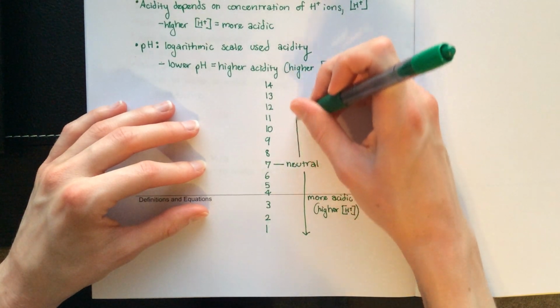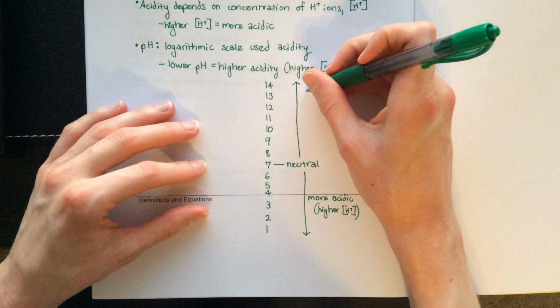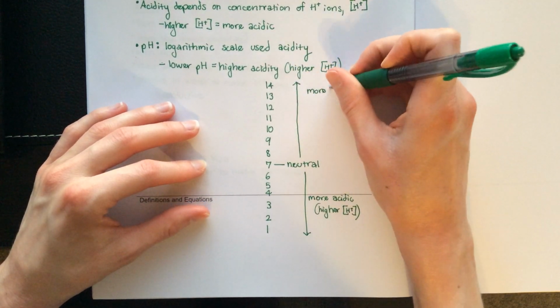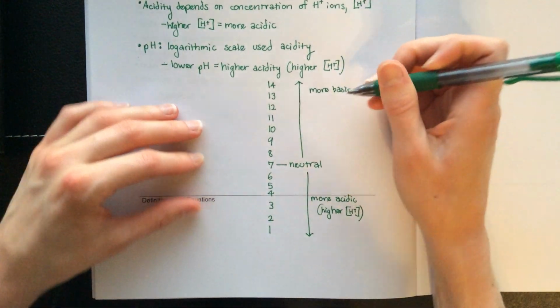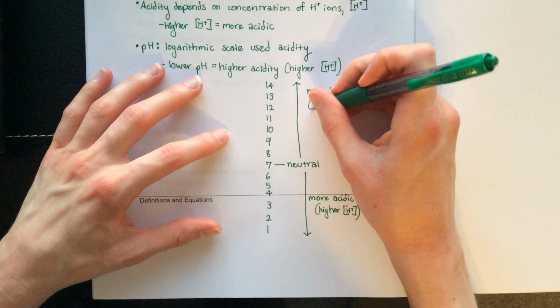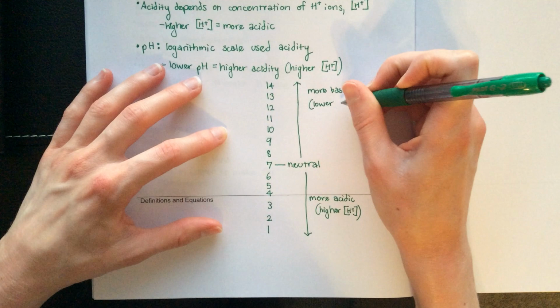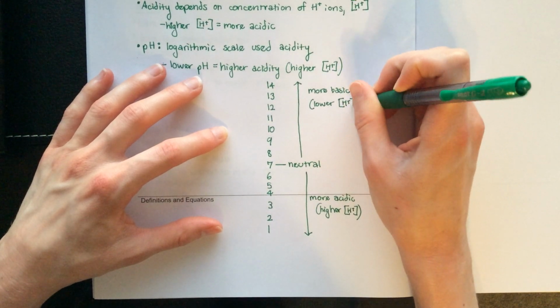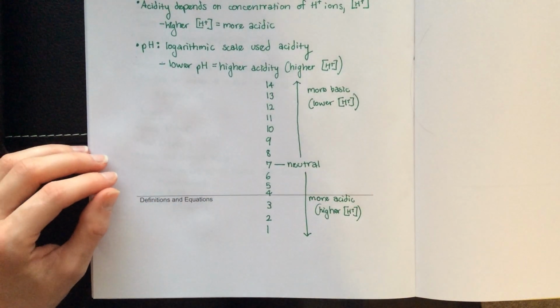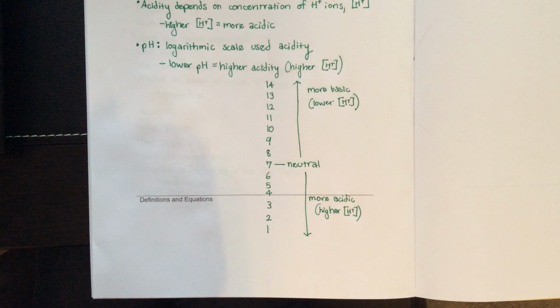As you go up, everything is a base above 7, and as you get higher, things get more basic. And for now, we're just going to say that means that there's a lower H+ concentration. It also means there's a higher OH- concentration. But for now, we'll just talk about H+. So just to put this scale in context a little bit,